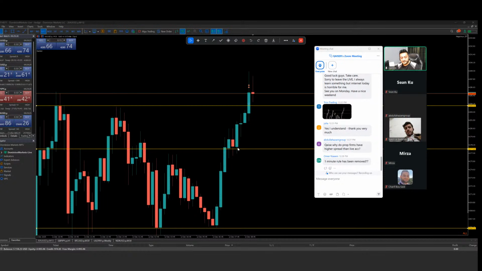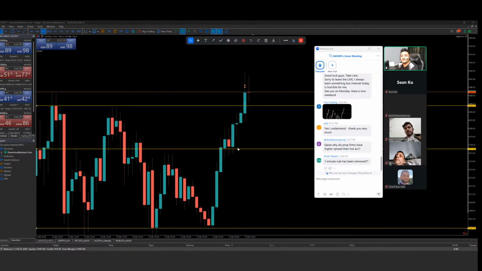Now you can understand that by removing this rule, which was irritating to other people actually. It's already removed, and there is no other prop firm like this, to be honest. It's not that I'm favoring Dominion Funding because I'm working with Raja Pro. I also use a lot of prop firms, but no prop firm offers these kinds of spreads and this kind of latency actually. So that is something we keep above.